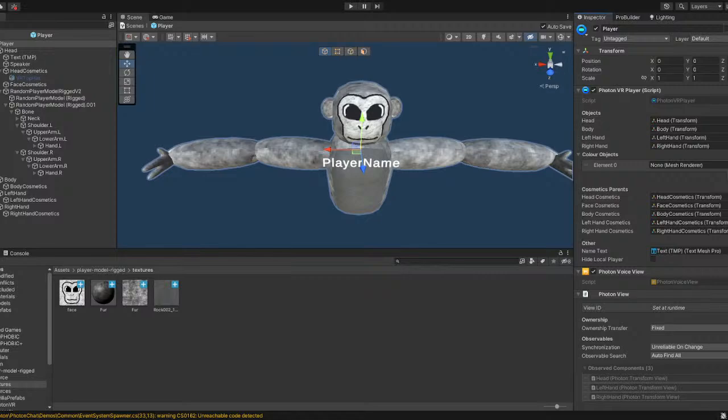Right? And then on here on line 85, or if you're using the